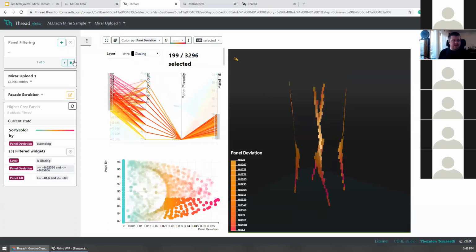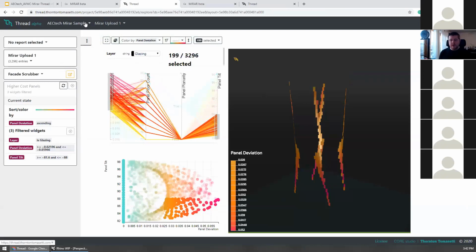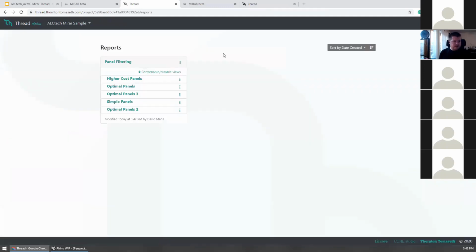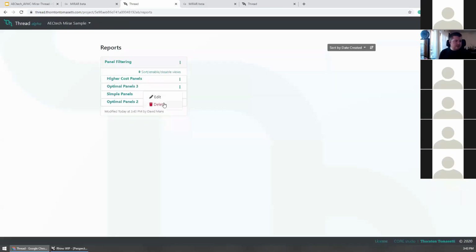And if we did run into some quirk like this, where just like I did, I got it to work, another thing you can do is go in and edit your report afterwards to maybe remove some of the pages that had a glitch, like those two seem to. So I can do that by clicking on the reports under my project. And here's my panel filtering I set up. And I noticed that this configuration, sorry, this page,